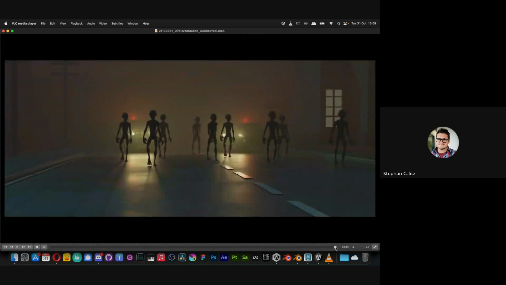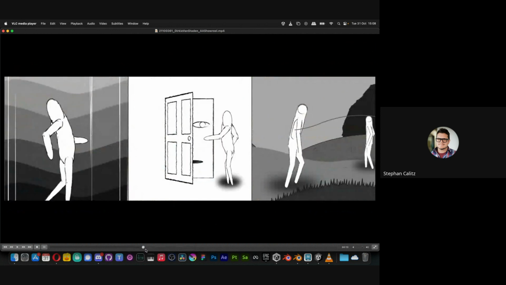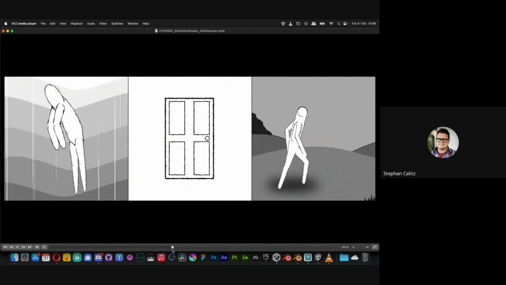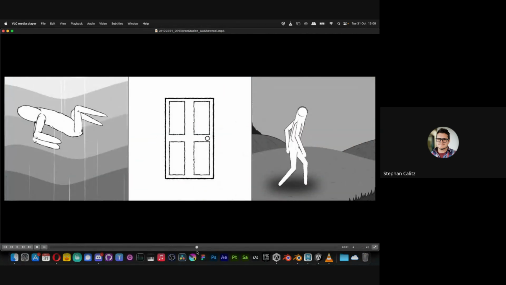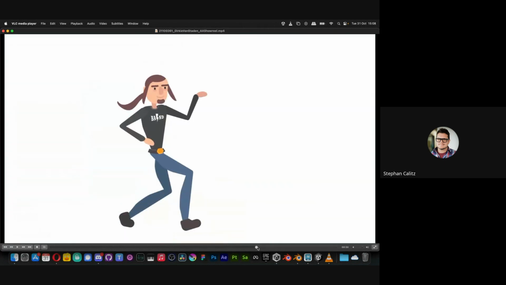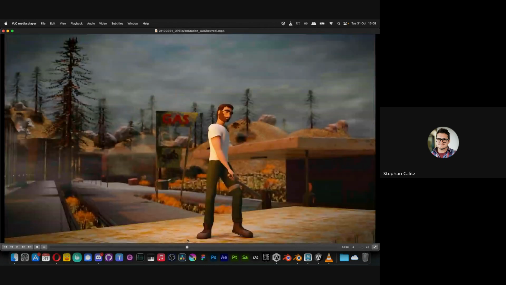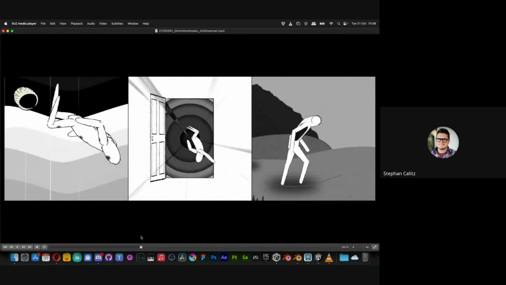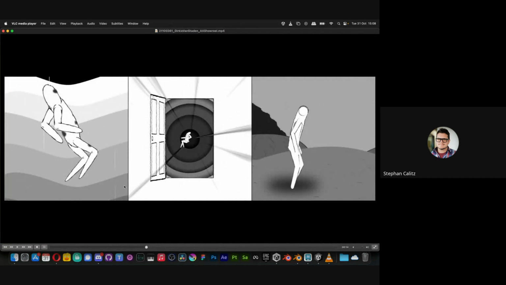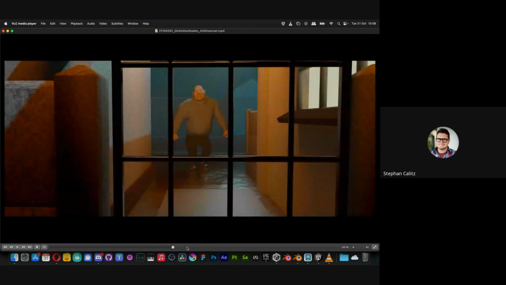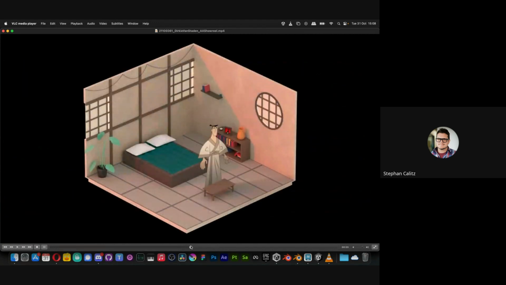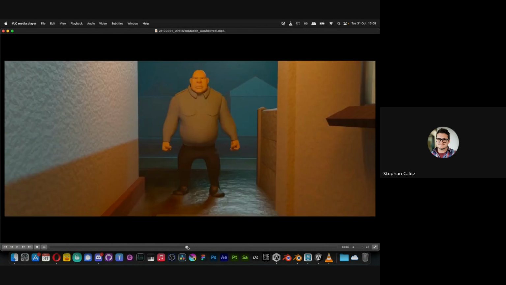But it's a good length, and other than the one or two clips that aren't as strong, maybe just try and replace those with stronger work. Yeah, I definitely want to see this build.